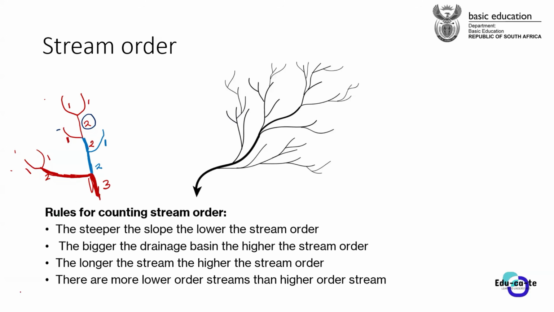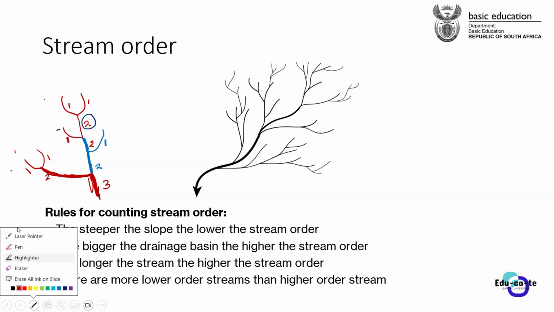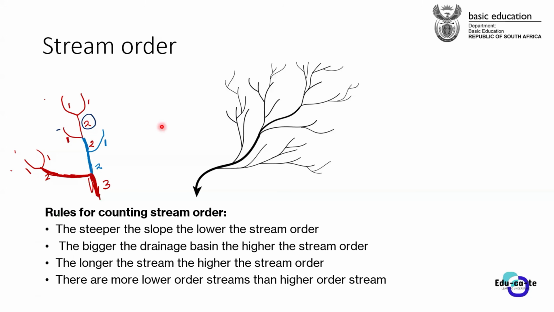So when you combine a second order stream with a second order stream, you get a third order stream. We've got a second order here coming from that direction. It's a second order because it's a combination of 2 first order streams. When 2 first order streams combine, they will definitely make a second order. And when this second order combines with another second order, we make a third order stream because they are already big, both of them. So when you're combining 2 numbers that are the same, they create a bigger number by 1. For example, combining 1 and 1, you get 2. Combining 2 and 1, it remains 2.